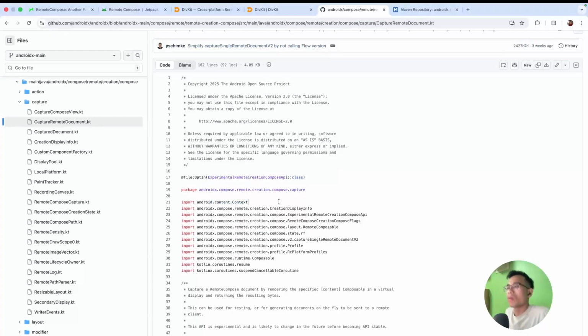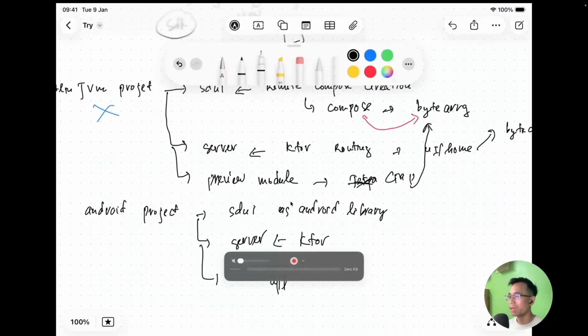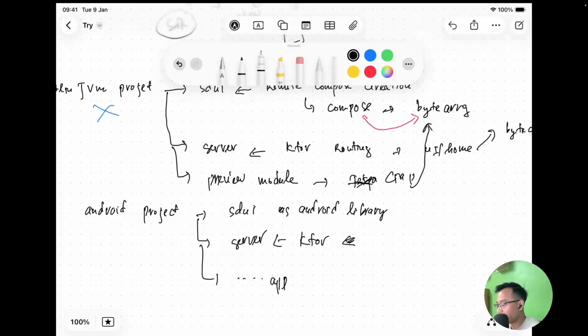So with this approach, I have no idea how, for example, when we are in the server module and need to call a capture function. However, the problem is where the Android context comes from, and how we pass it into this function. I have no idea, and I think at this point